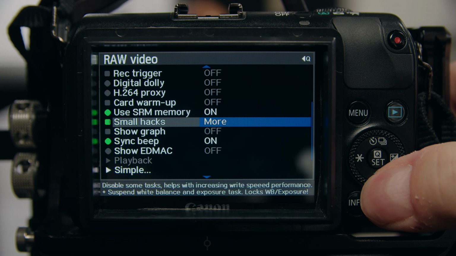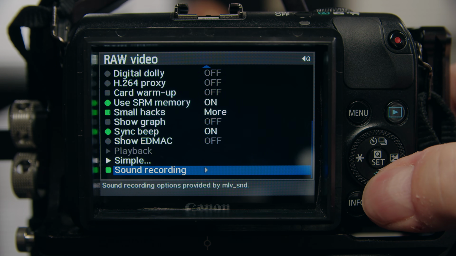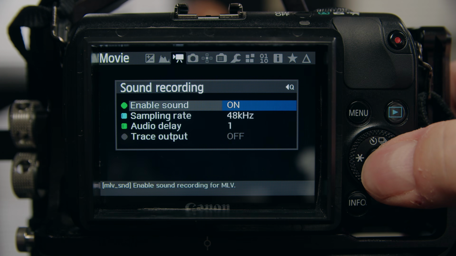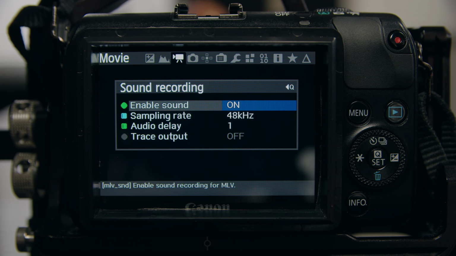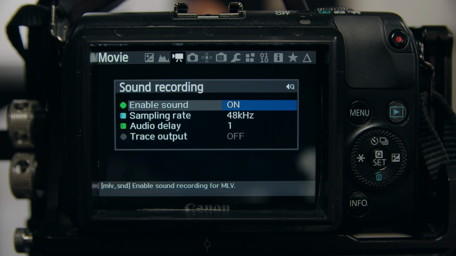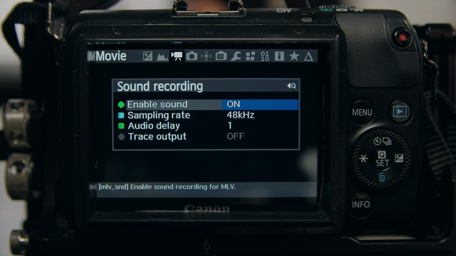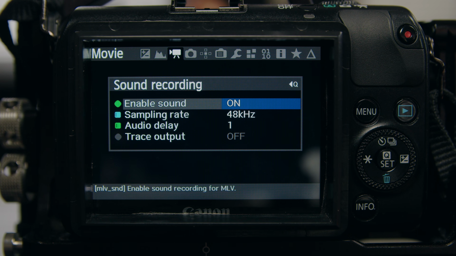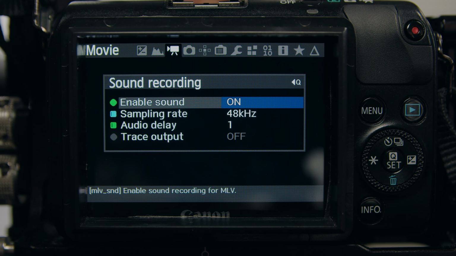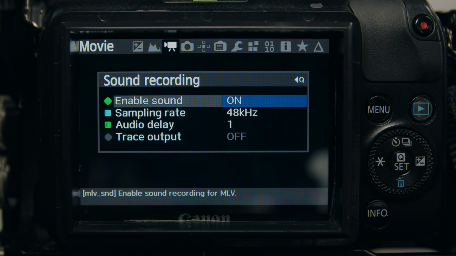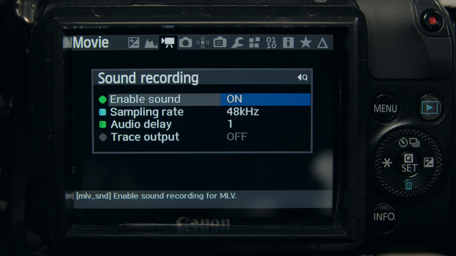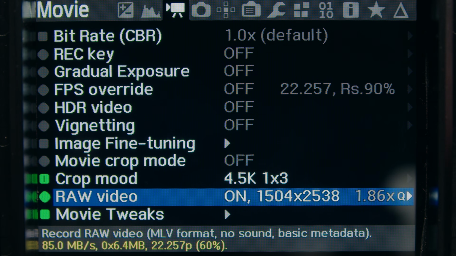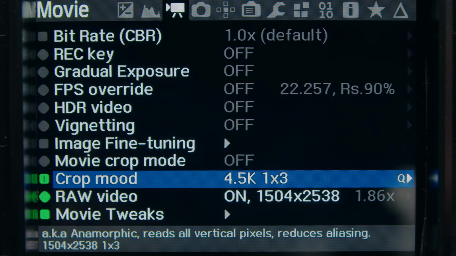Finally, in the Sound tab, you'll be able to select your audio quality. If you have an external audio recorder, you can lower the quality in order to have some improvement in performance. But for the tests I did, apart from the high frame rate test, I used the audio at highest quality, because many people like me don't have an external audio recorder. So let's get into the crop mode options.